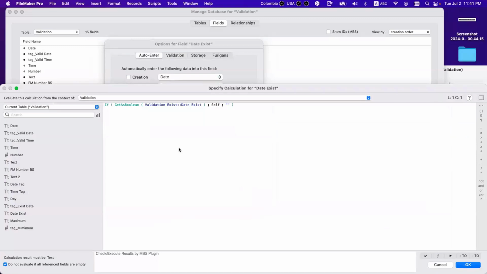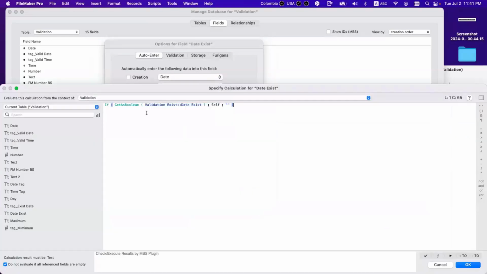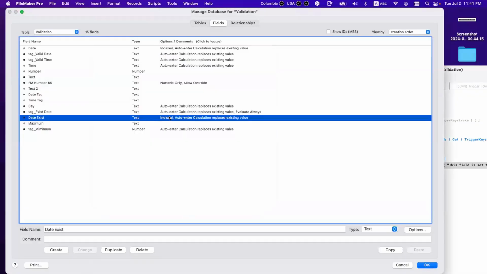It's the same situation, like all my validation like this, I do on auto entries. So how do we know it exists?